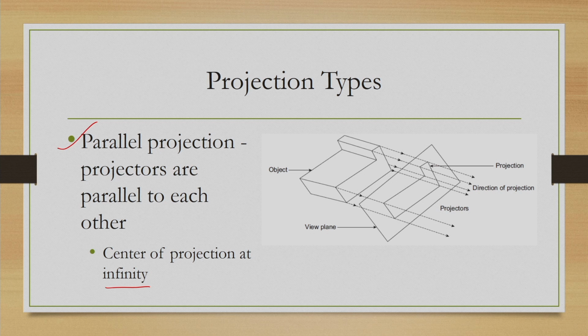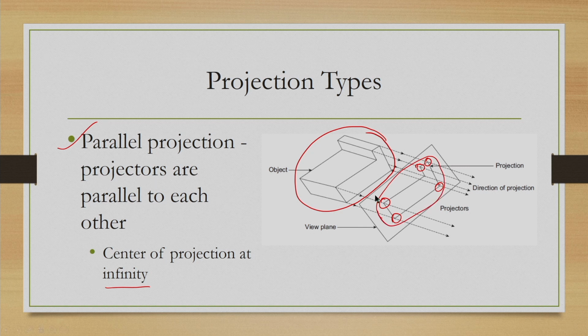That means they do not meet, in simple terms, and these projectors, when they intersect the view plane, generate a set of intersection points. These points taken together give us the projected image as shown in this figure. Here in this figure, as you can see, this is the object, this entire thing, and we get this projection on the